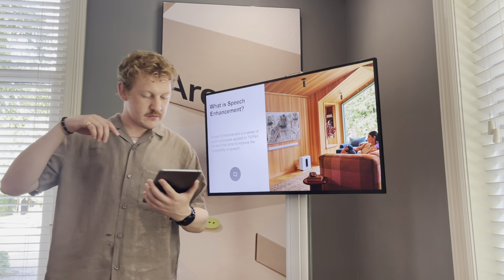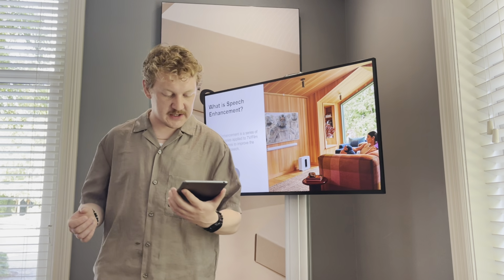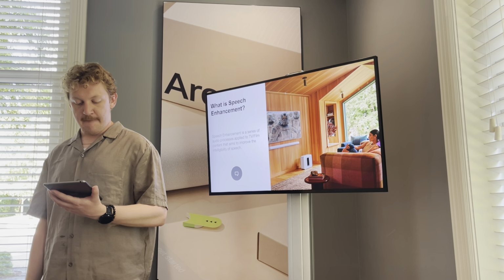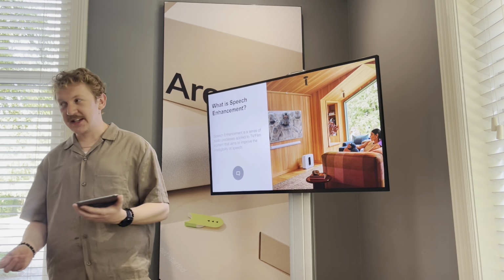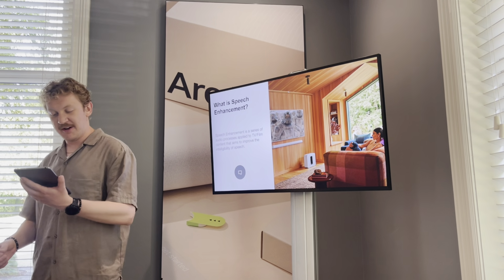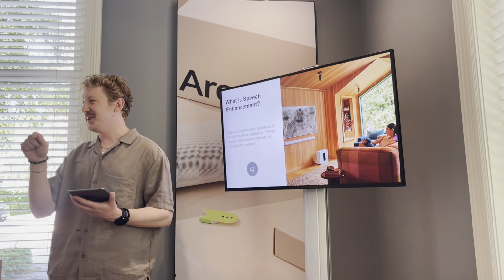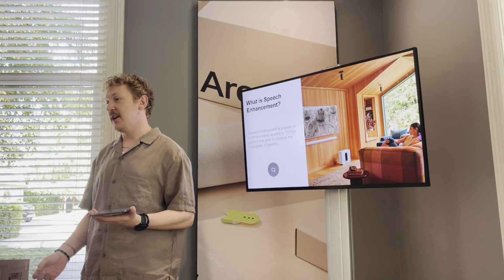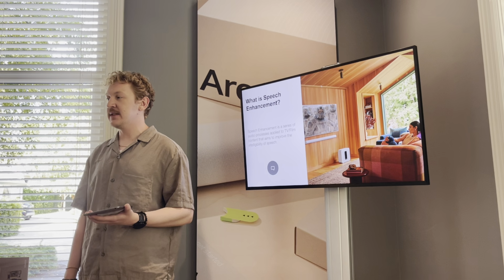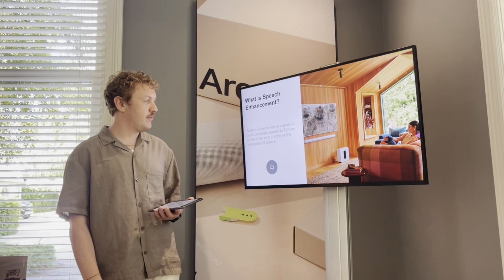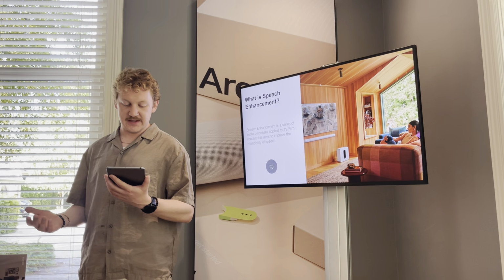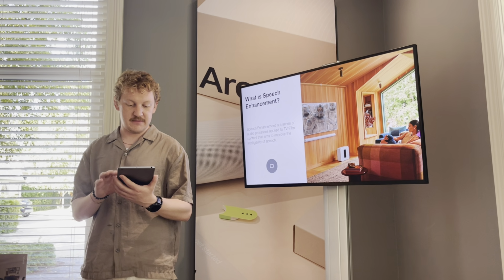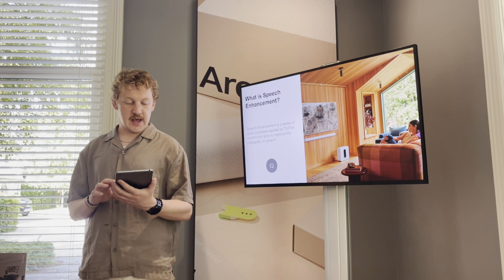So the new speech enhancement feature has been available on Arc Ultra since May 13th. Our existing speech enhancement feature has been around for a long time, the single toggle on and off, which for a long time has been good. It raised the level of dialogue in the center channel, helps lift the dialogue out of a film, and does improve intelligibility.